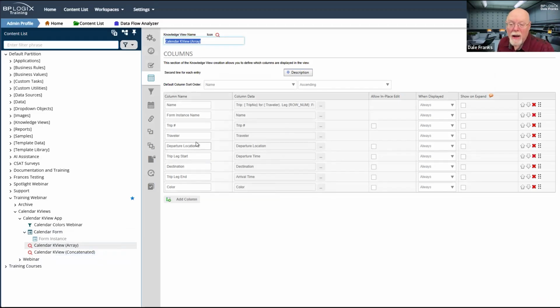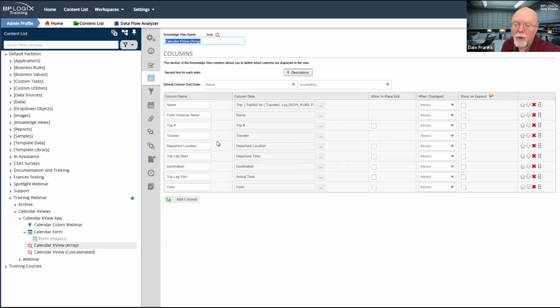Because I am showing the array data, I'm going to go ahead and just use my regular fields: departure location, departure time, destination, arrival time. None of that matters because I do actually want to show each of the individual legs of the trip.